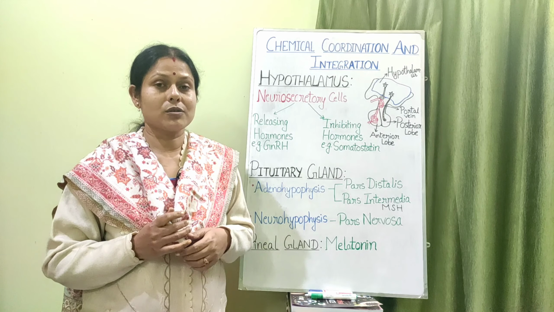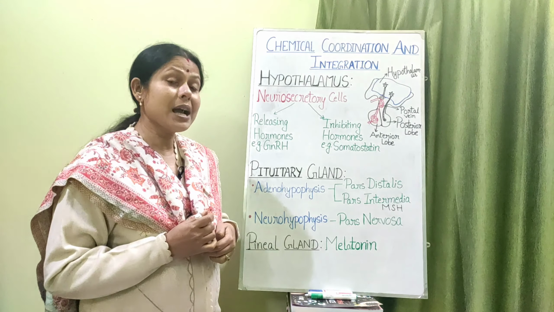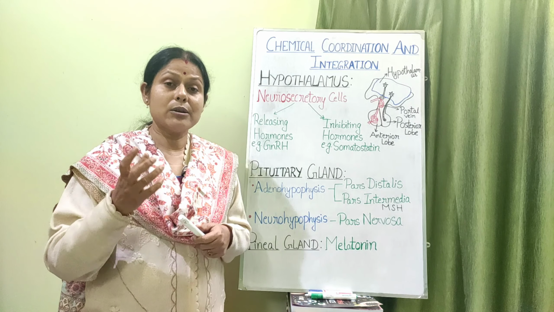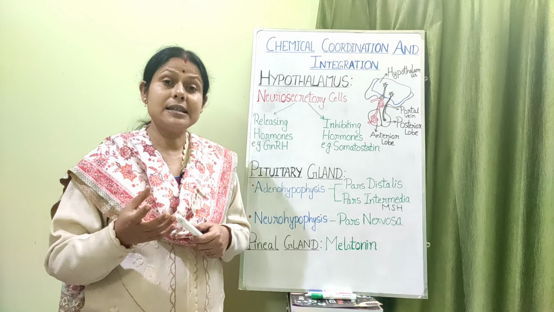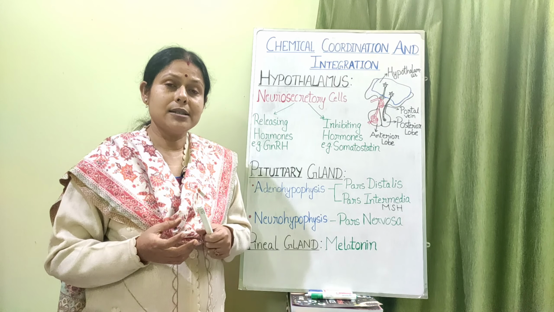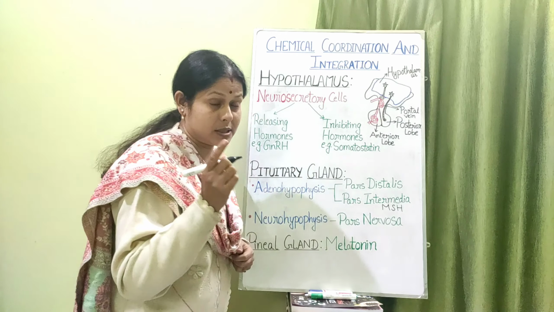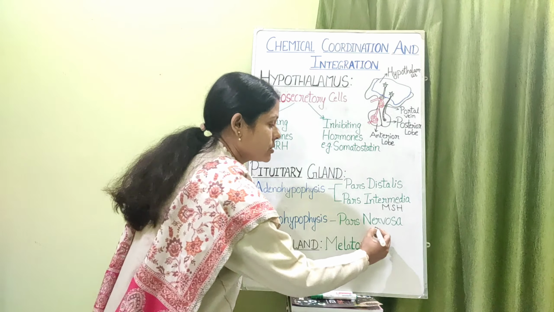So that is the function of your oxytocin. And vasopressin helps in regulating the water in the kidneys. In the kidney, it is antidiuretic hormone. Vasopressin is sometimes also known as your